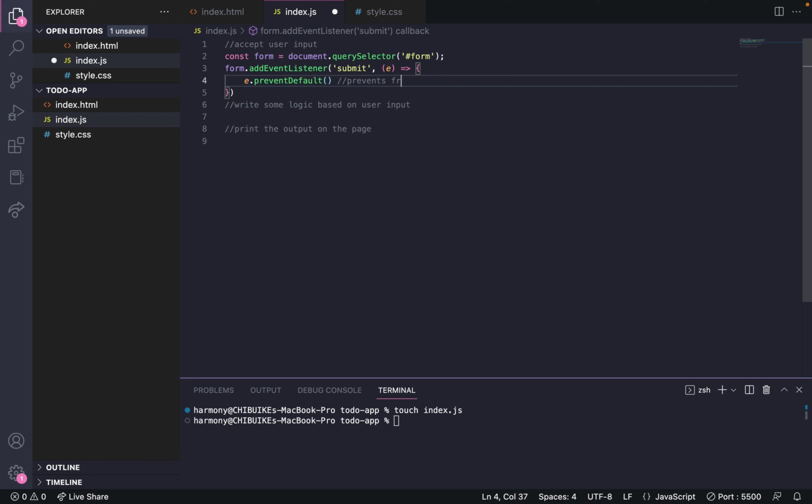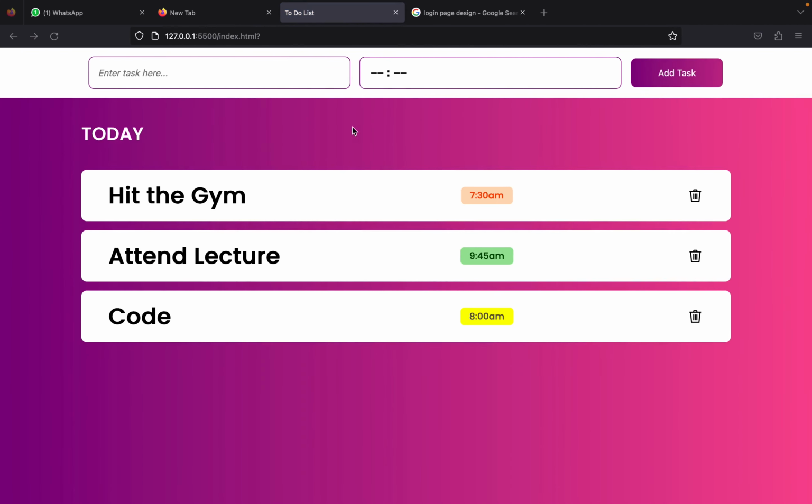Prevents the page from refreshing. So that's what this form does. So if I try to submit the page, this function is going to run, preventing the form element from submitting. So after filling in the 1330, if I try to submit,